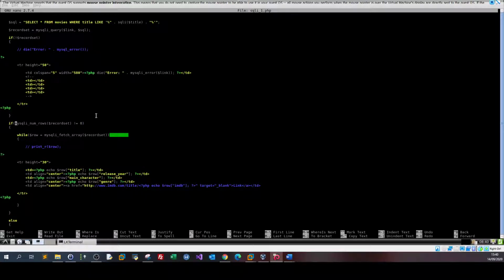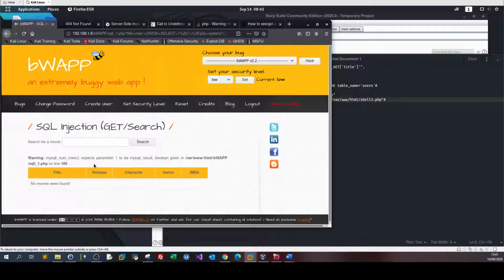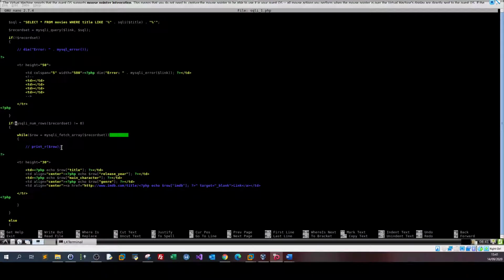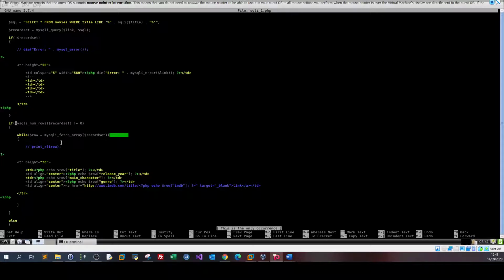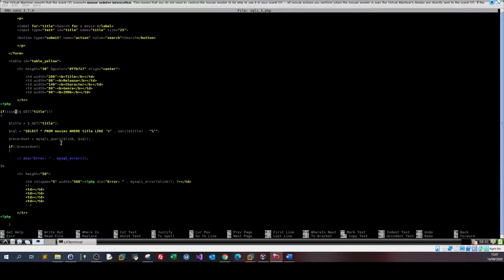So we got here MySQLi num rows, and here it's saying MySQLi num rows expects one parameter to be MySQL result. Okay, seems that's not the entry we're looking for. This is the only occurrence. MySQLi num results. Okay, so let's go up and find the relevant